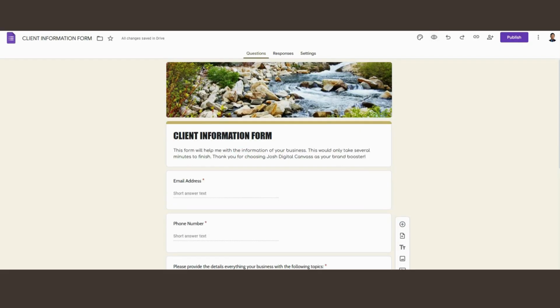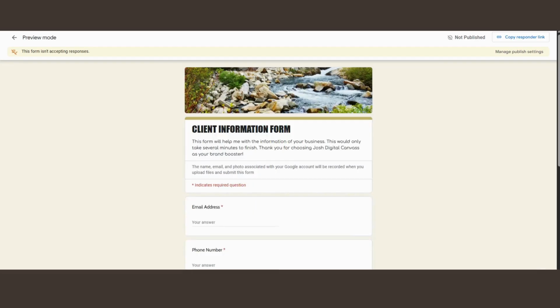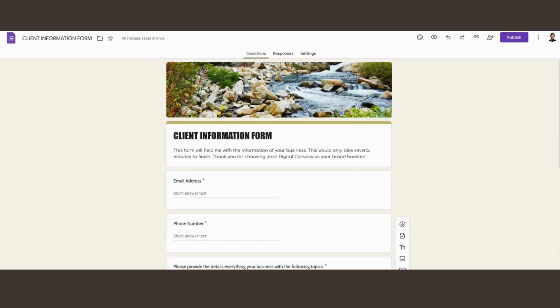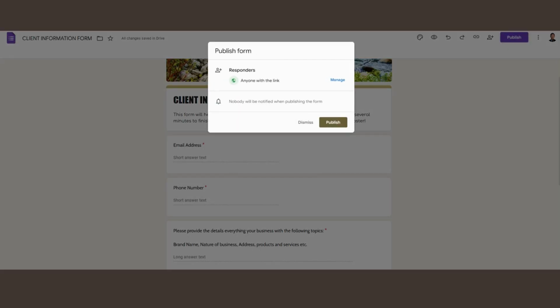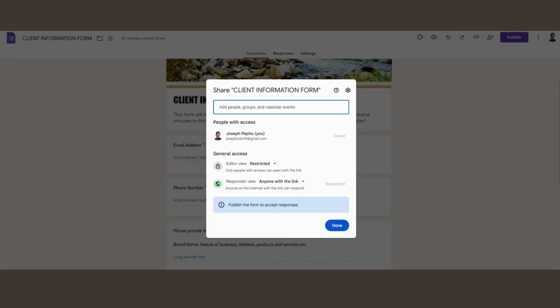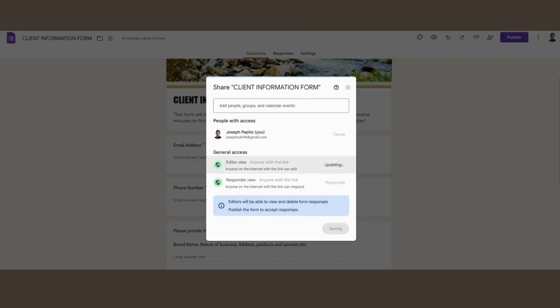And then after that, you're going to click here to see how the client will view the form, right? And then next, we are already done with everything. So that's the time that you're going to publish your Google Form. Here I just choose anyone with the link, or you're going to manage, either you restrict or anyone with a link.